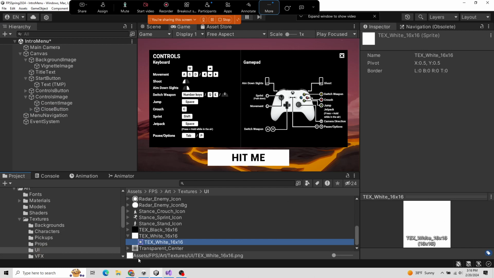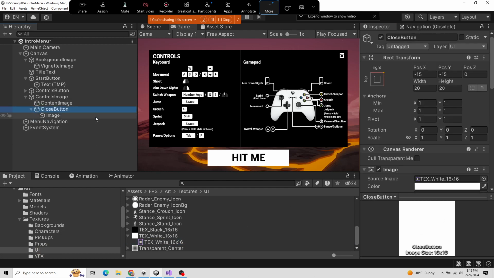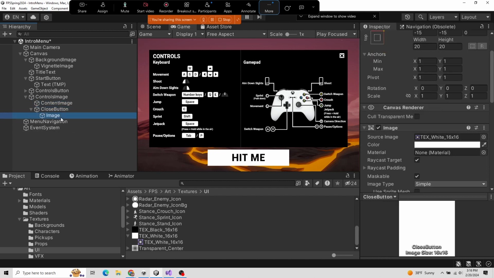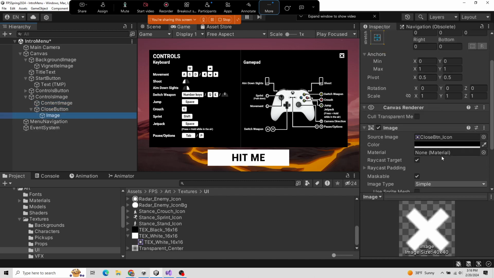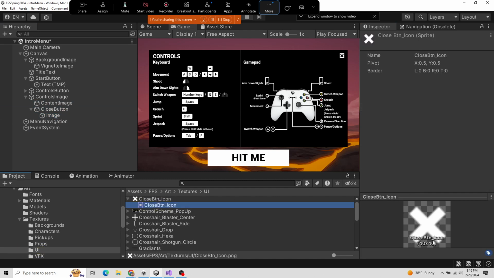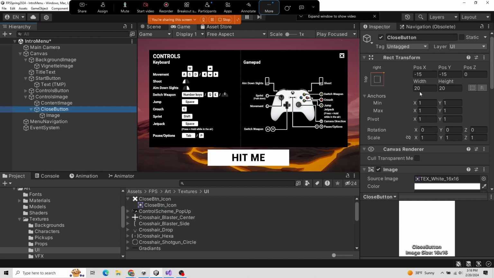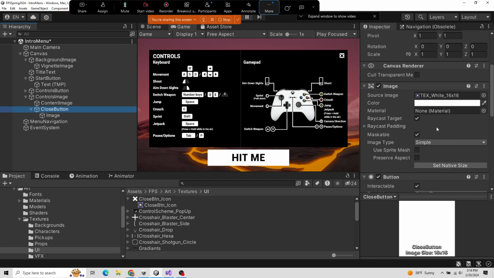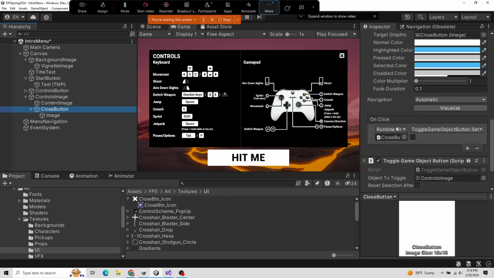Oh, it's just white. I don't know why they needed to. It's just a white background, and then they put this image underneath it, which is this close button icon, this X. So technically, they didn't really need to put the source image. It's just a white little square. But in either case, it's a white square. It's great. It's a button. When you click it,